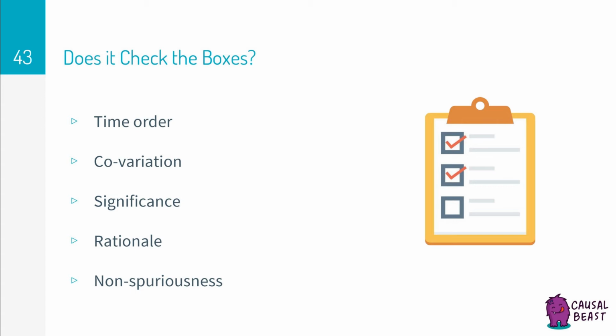Significance. Is there statistical significance? Since we don't actually have any numbers to calculate significance, let's skip this one for now and assume that indeed the causal effect of light treatment is real and not due to chance. Rationale. Is there a reason behind this causal relationship? Yes, light is a key ingredient in the photosynthesis process, which helps plants grow.